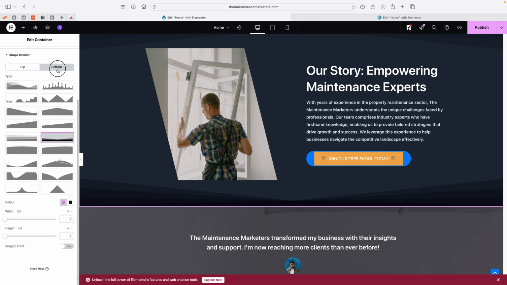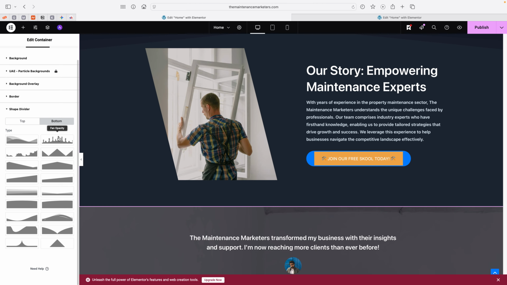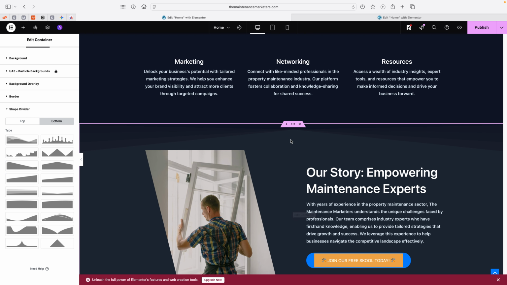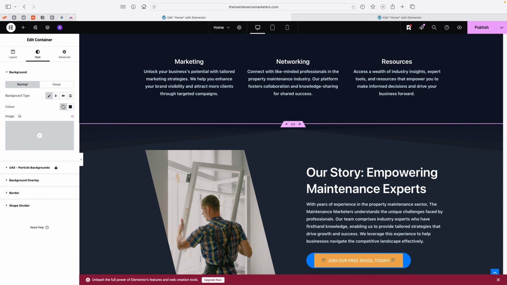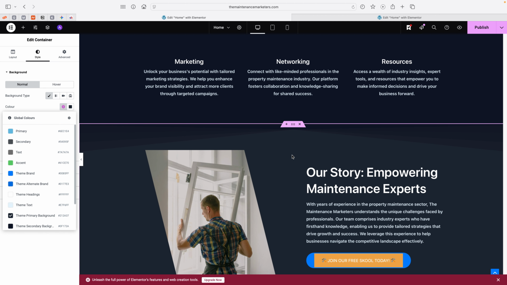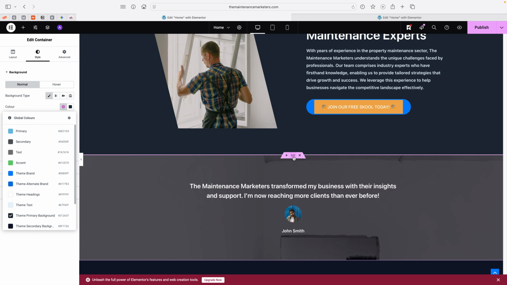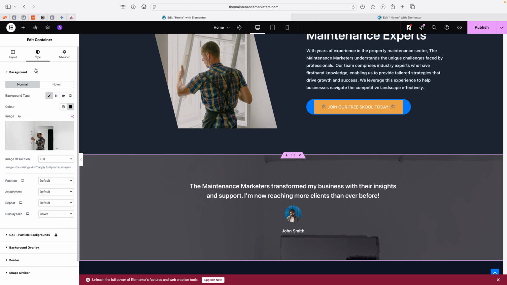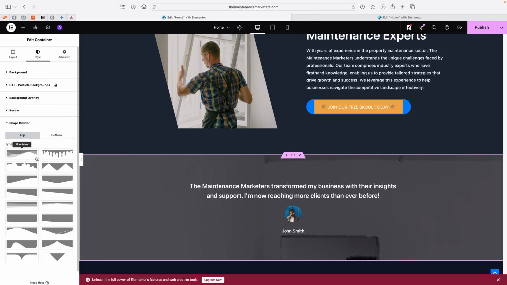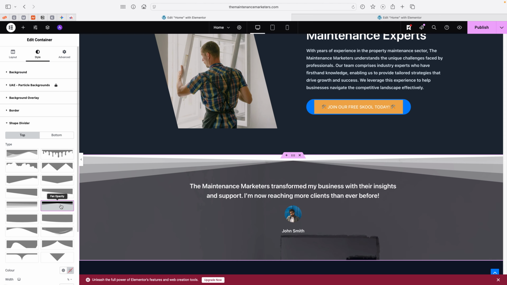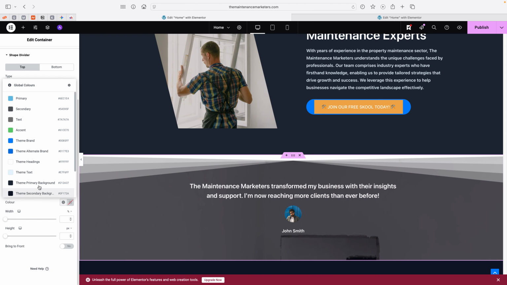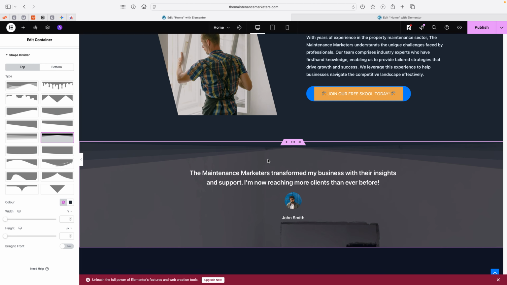Yeah, so what we can do is bottom one doesn't have a fan opacity. We will pop that in here, but we'll need to get the colour of this section. Yeah, background colour of this section. Background colour is theme primary background. We'll go for there, and shape divider, fan opacity, and for the colour we will go theme primary background, and